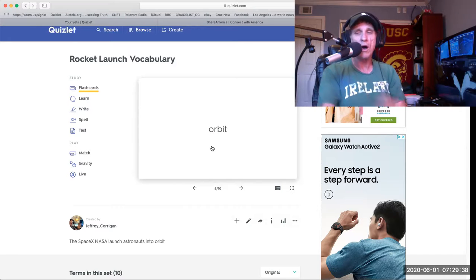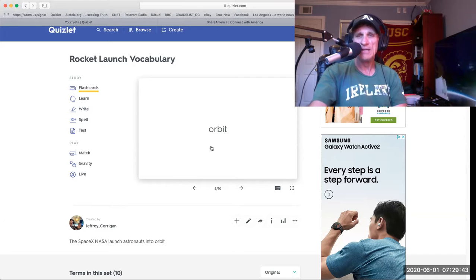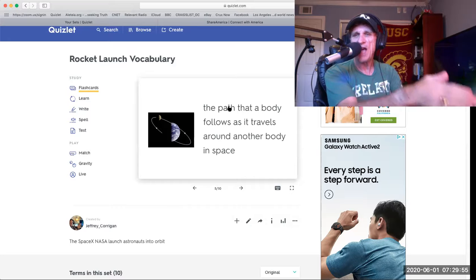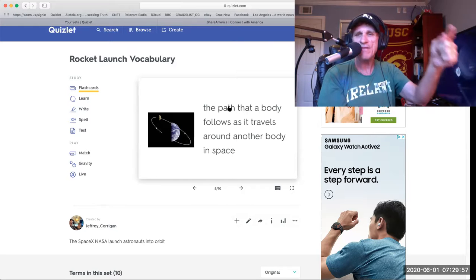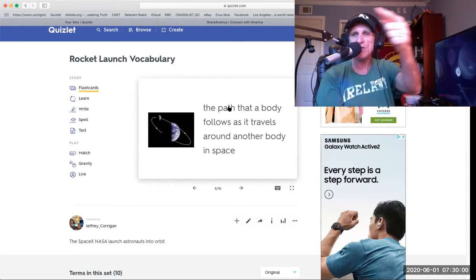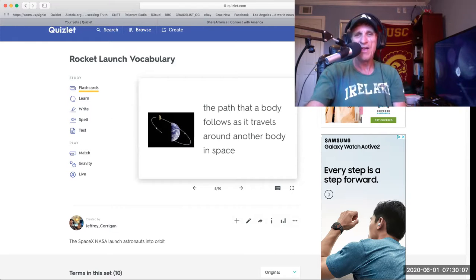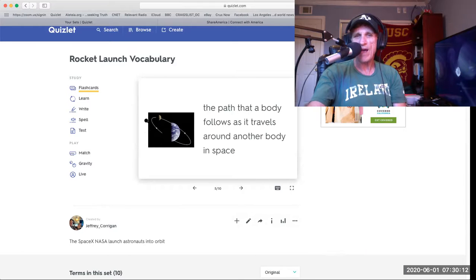Orbit. O-R-B-I-T. Orbit. Okay? Well, what is orbit? Orbit is the path that a body follows as it travels around another body in space. Okay? In the picture, the orbit of the moon around